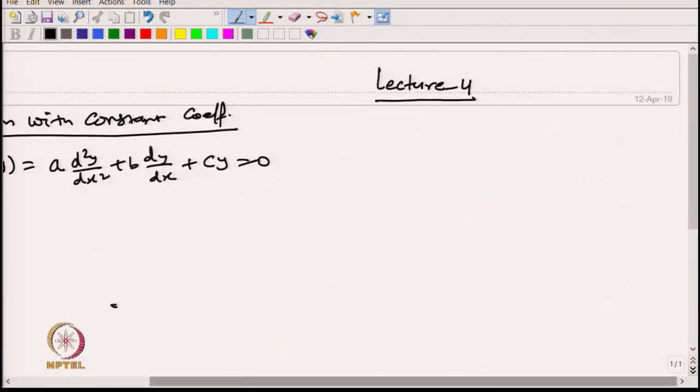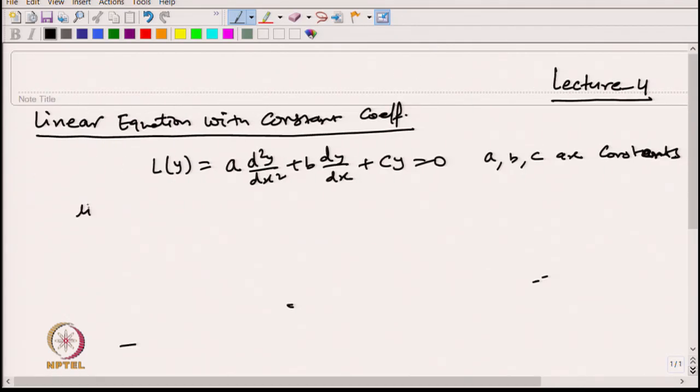So, in this case I am taking a, b and c as constants, and this equation is homogeneous